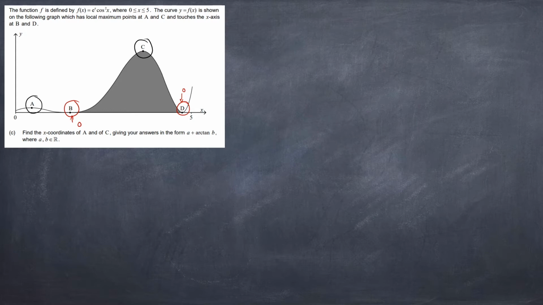Now what we need to do, first see the points for any graph. For any graph, the maximum or the minimum points are basically the extreme points. So to find the extreme points, we need to find f'(x) equals 0. The condition for finding the maximum points or the minimum points is f'(x) equals 0.